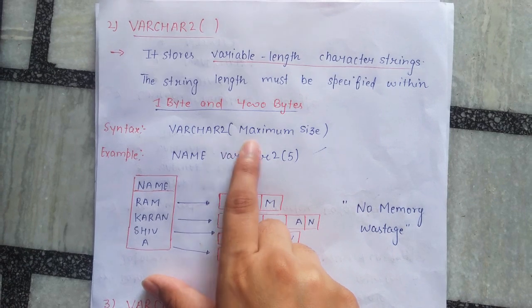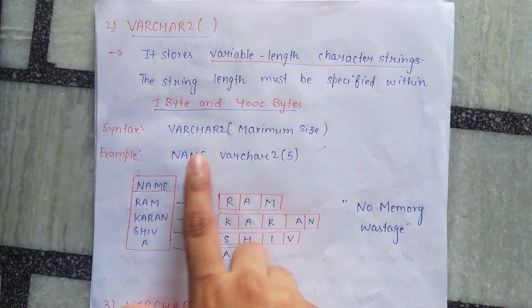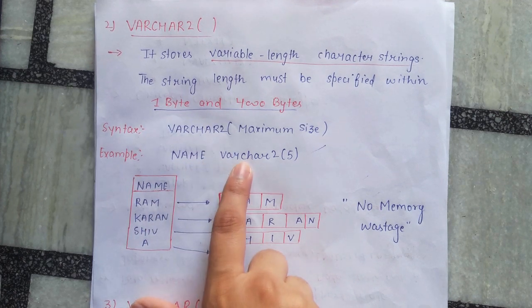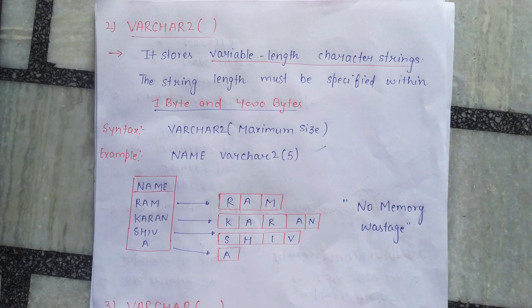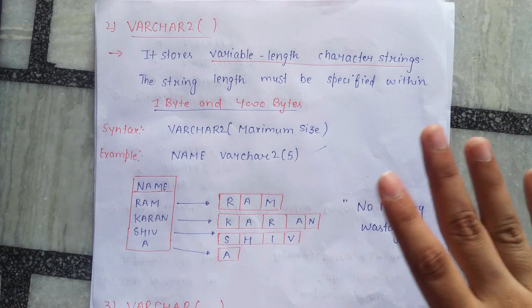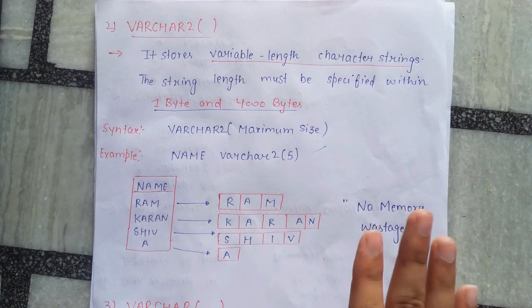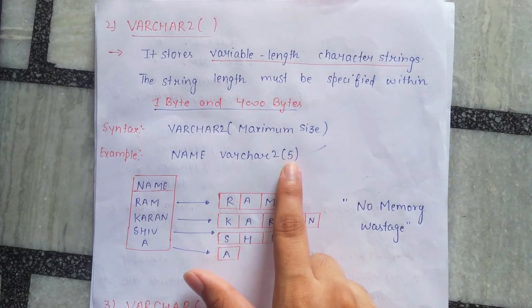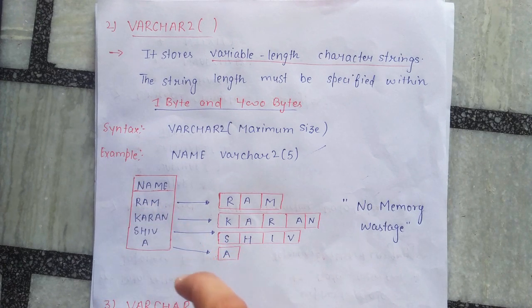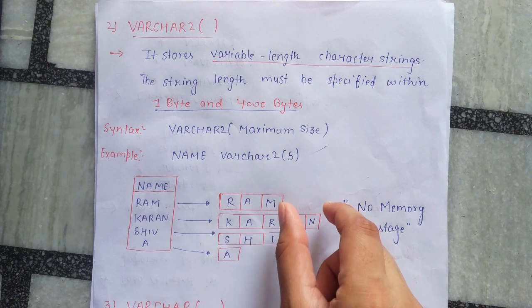Now this is the syntax for our varchar2 over here: varchar2 and maximum size. For example, let's take the same example that we have taken in char data type. We have declared a column with a varchar2 data type and the maximum size is 5. Although in this also we cannot store values that will take space more than 5. Okay, like shalu is also not allowed in varchar2. But it has more advantage over char data type, and it is this. Although we have declared the size here as 5, if we store a value that takes less storage space than 5, it will consider only 3 bytes. Okay, the 2 bytes it will not take.